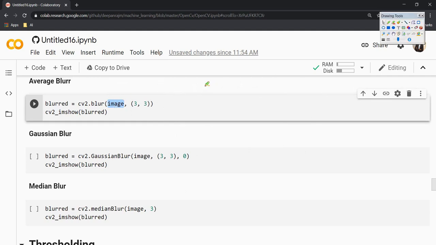For example, let me show you. We have a kernel like this: 1 1 1, 1 1 1, and 1 1 1. This is the kernel I'm going to use. This is my image, just a little big, 20 30 40, something like that. When I multiply this kernel with this image, only this area will be multiplied with each other. When I multiply this, I get some numbers. I add up all those numbers and take an average of it. The average number will be replaced with this number. Typically the center point will be replaced.